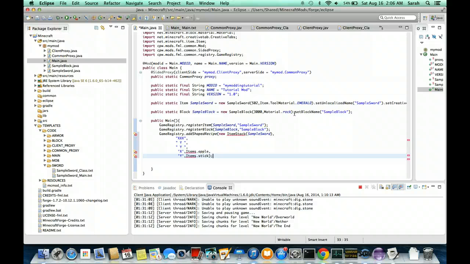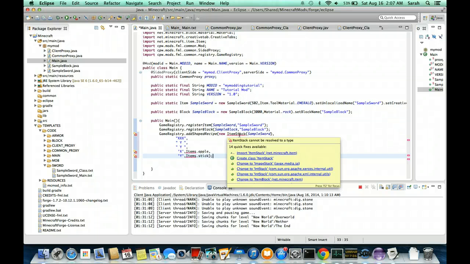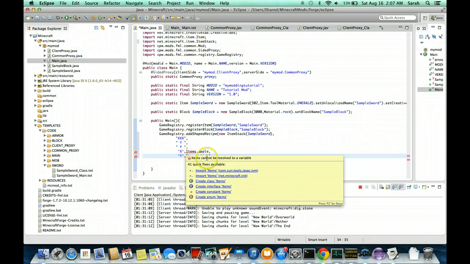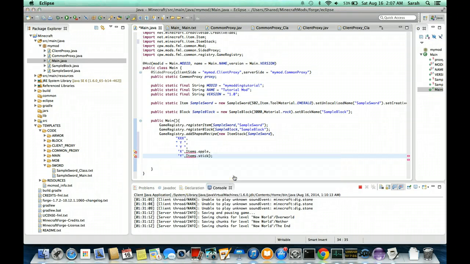Now we're going to need to modify our recipe as we would prefer it to be. In our recipe right now, we have apples and sticks that will make our sword, but we might want to change it to be something else. Before we do, let's see if we could import the item stack and the items. Now we don't want the sun items, we want the Minecraft items, so we're going to select here. Okay, now Java is happy